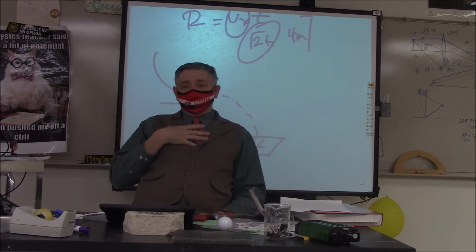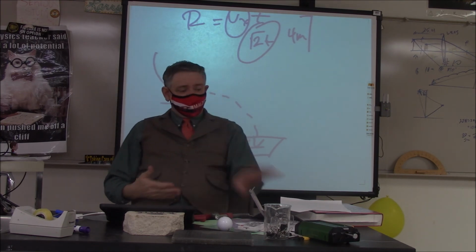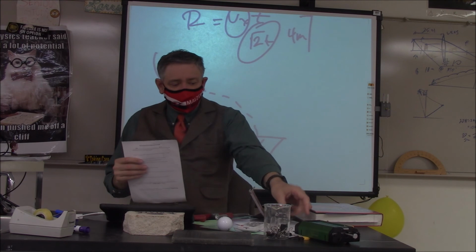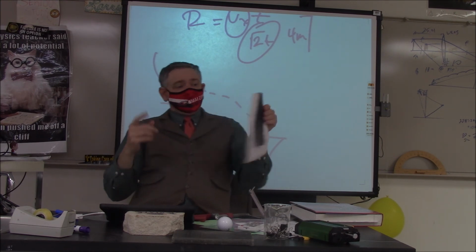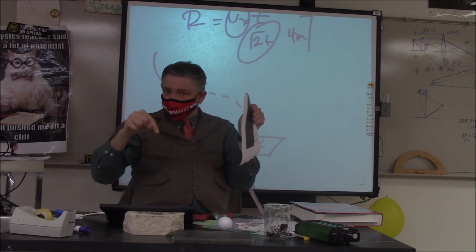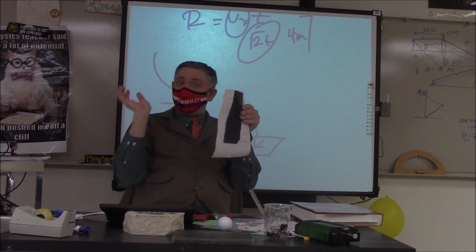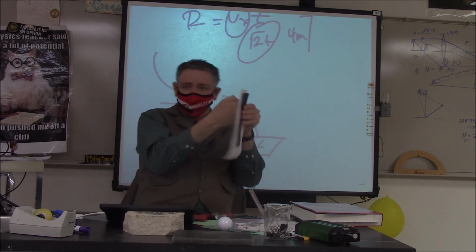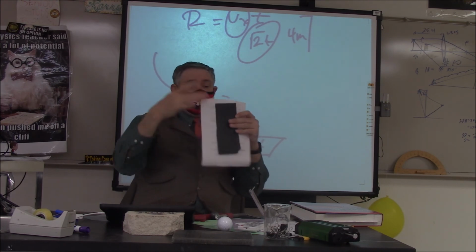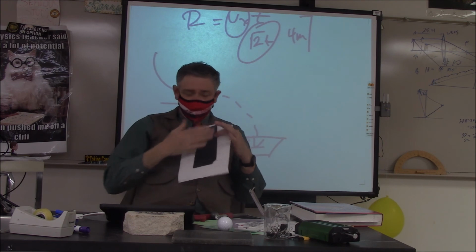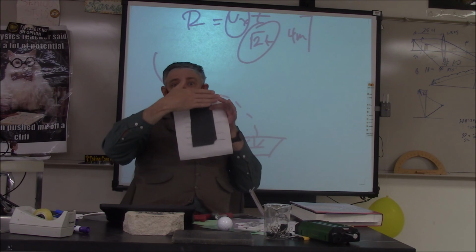So if I wanted to type a letter and I wanted Matt to have a copy of it, what I would do is I would have my original piece of paper. Then I'd put a piece of carbon paper, and then I'd put another piece of paper behind that. So that way when I press the letter, I want to type Matt. So I'd type capital M, boom. The speed ball or the letter, whatever it was, would come up and it would hit the paper. And that would type the letter M on the front. Then that physical pressure would transfer that to the paper that was behind it,